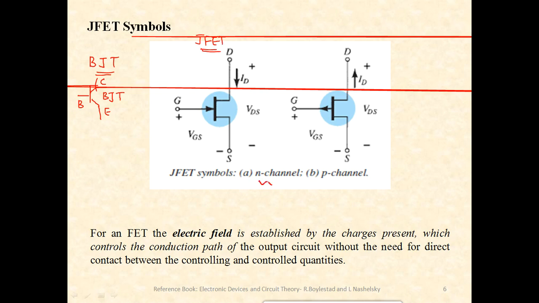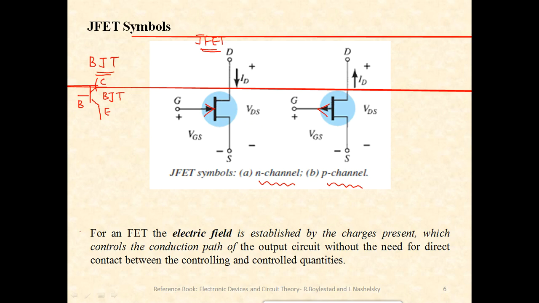Well, there are two variants. One is N channel and the other one is P channel. In a moment we'll try to differentiate between N channel and a P channel JFET with respect to their constructions, but symbolically how they are different is this way. For a N channel JFET, the arrow is pointing inside, with respect to the gate terminal, whereas for a P channel the arrow is pointing outside. So that is one way of remembering the terminals, right?